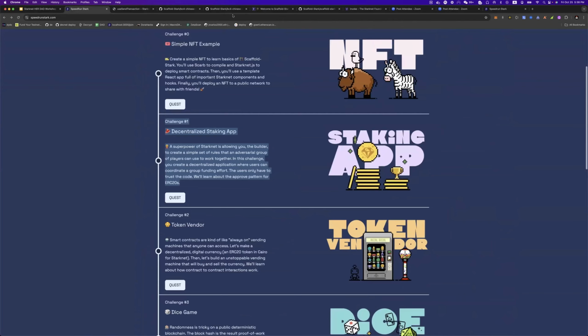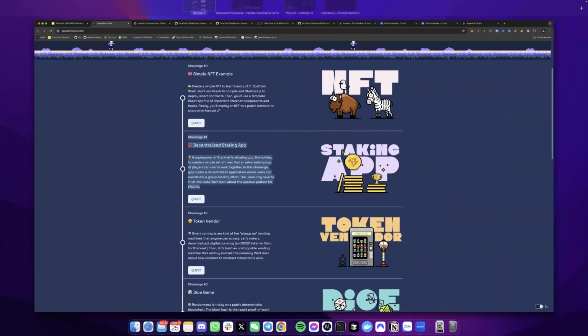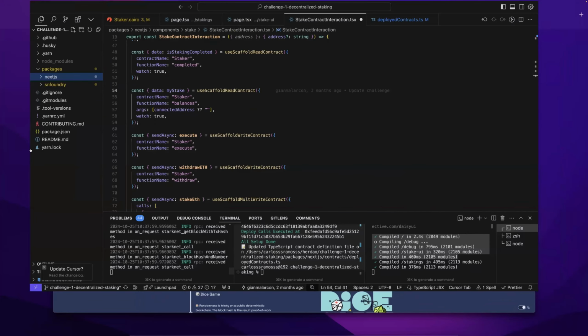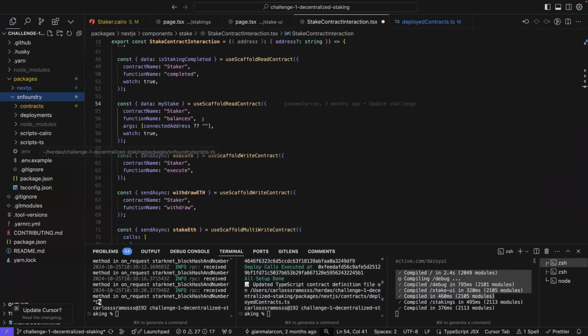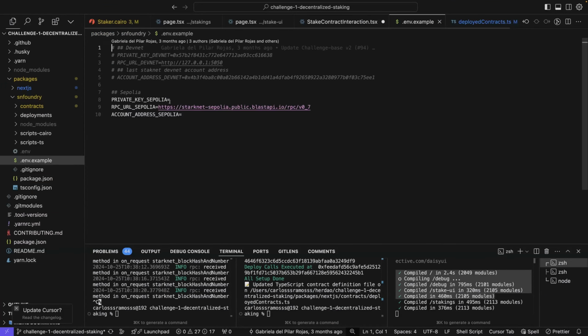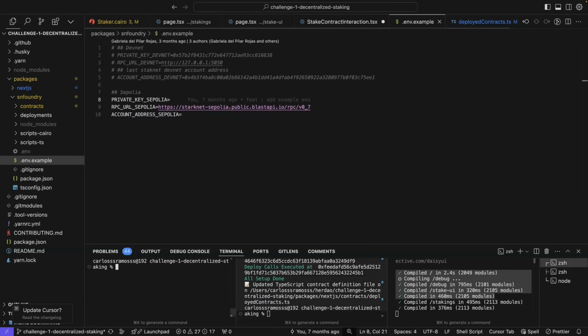Okay, now I have my contract here. Okay, now this Starknet Foundry has an ENV that I have to pass. Now in this ENV, I can pass a private key. I can pass an account address that really exists in the testnet. And after I have validated that